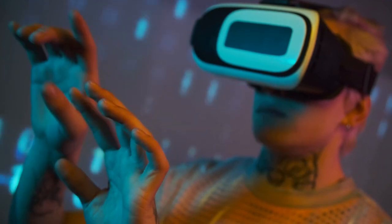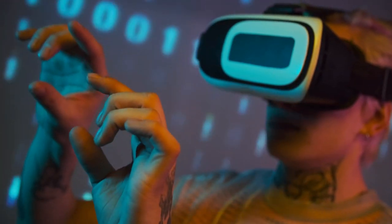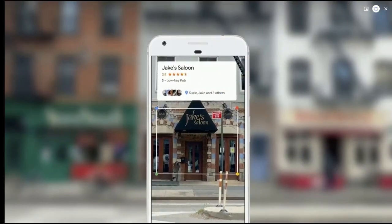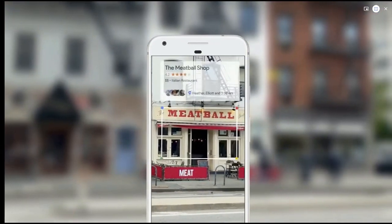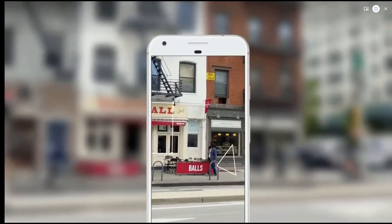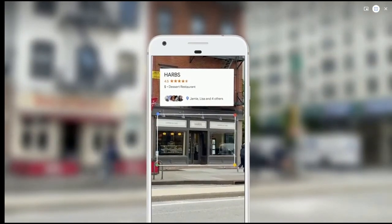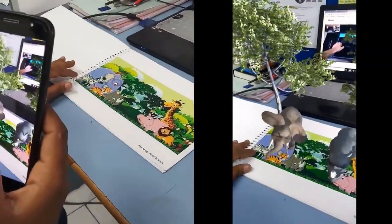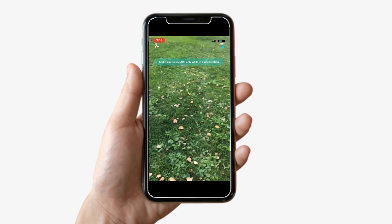But what if we could add something virtual to the space we actually occupy? That is where AR, or augmented reality, comes in. The best known examples of AR use smartphone cameras to add real-time information overlays to the environment, but AR can also overlay on reality through transparent displays mounted in glass, or it can be projected onto surfaces. AR programs can use special target images to display objects in 3 dimensions, and increasingly AR can recognize surfaces and